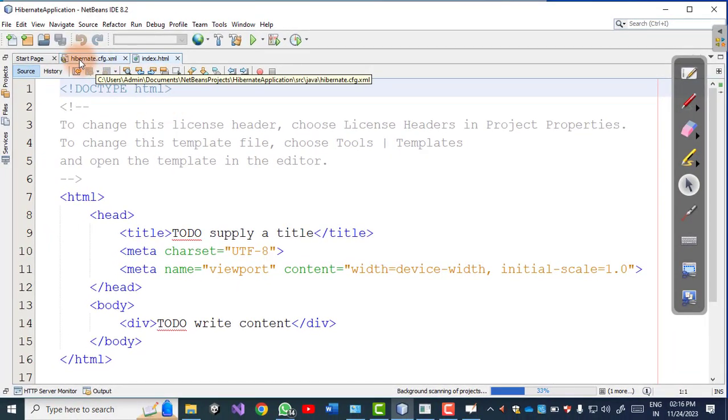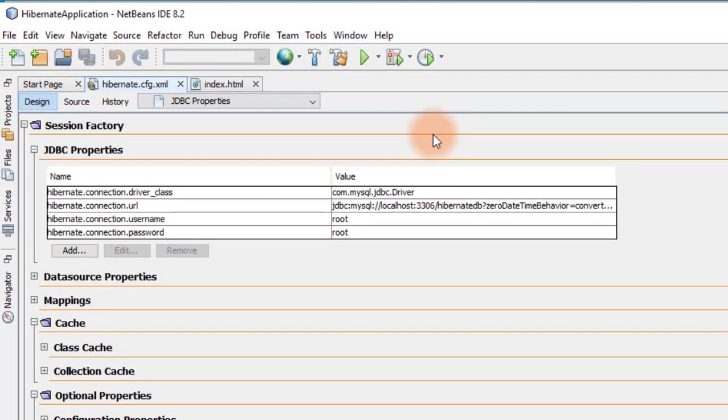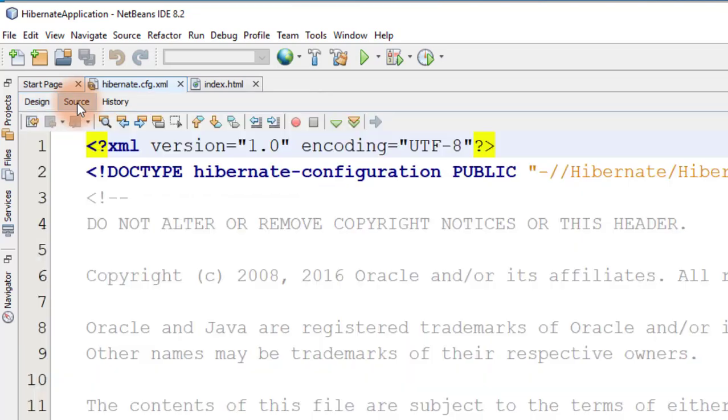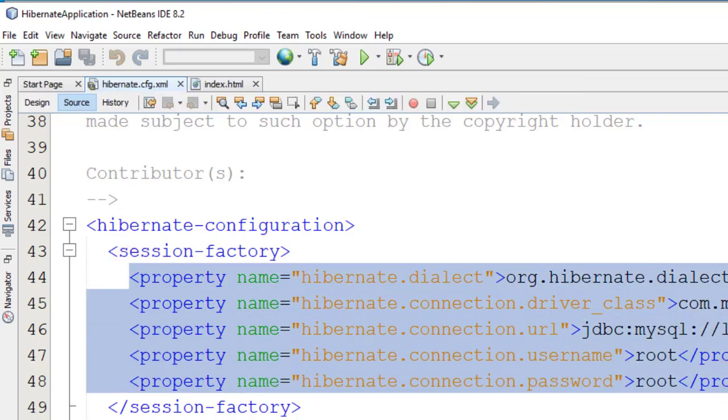और ये हमारा hibernate.cfg.xml. It is one of the very important files in Hibernate. Why? Because it provides the main configuration required for Hibernate projects. तो यहाँ पे देखो, already these things are added. Okay. In case if these things are not added in your application, मतलब यहाँ पे क्या होगा? When we go to the source, right? यहाँ पे we just switch to the source. तो here already these tags are added.